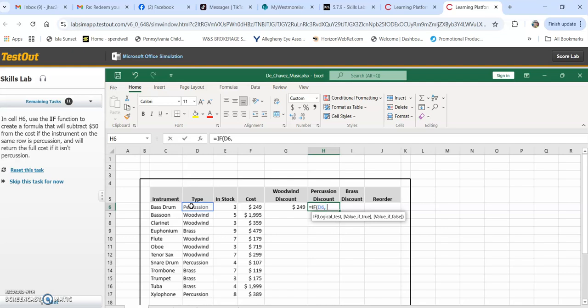and we want to test the value, so we're going to do our parentheses, and we're going to type in percussion, and the parentheses, and comma, and then we're going to select F6, which is this cell here, and we're going to do minus 50, comma, and we're going to select F6 and hit enter. So our percussion discount